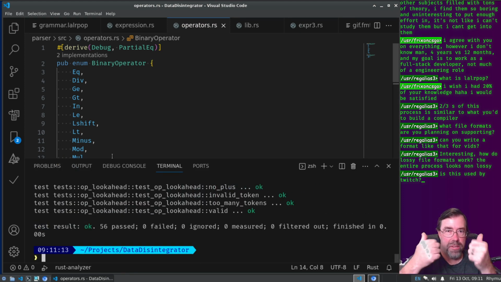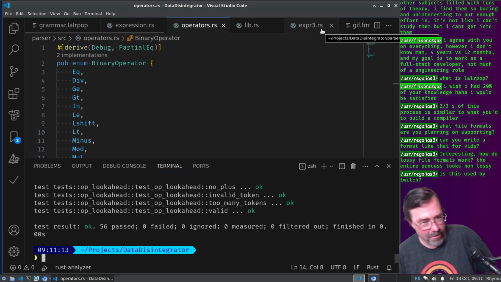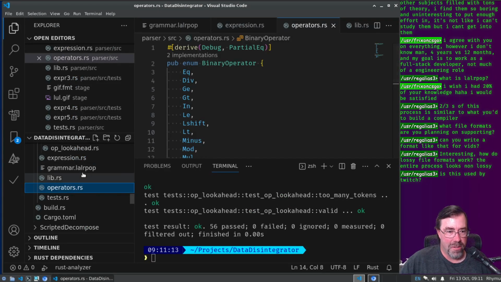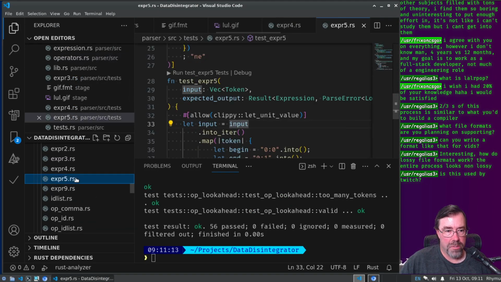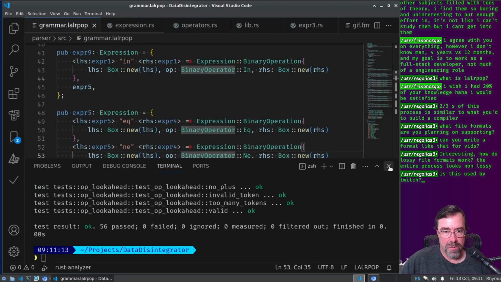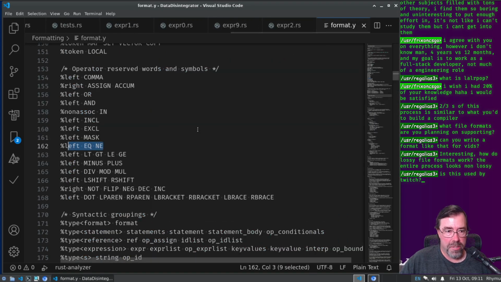And we pass. All right. Hold on. Gotta adjust my seat. That was expression 5, which is here, which is equal and not equal. So if I look at my list again, the next would be